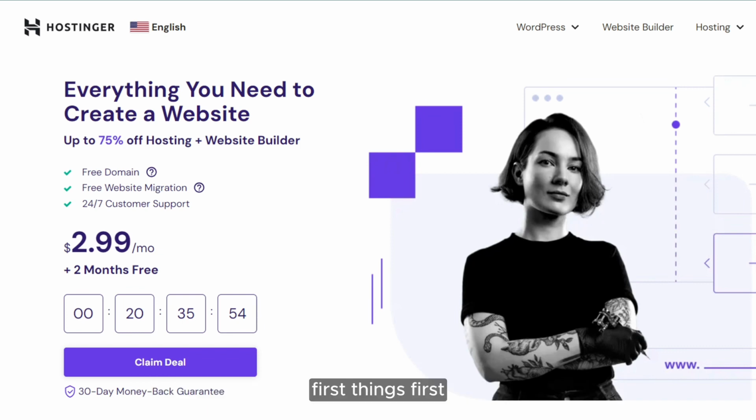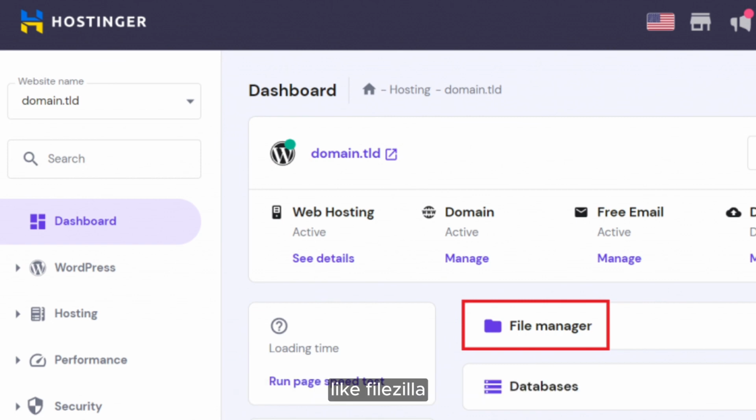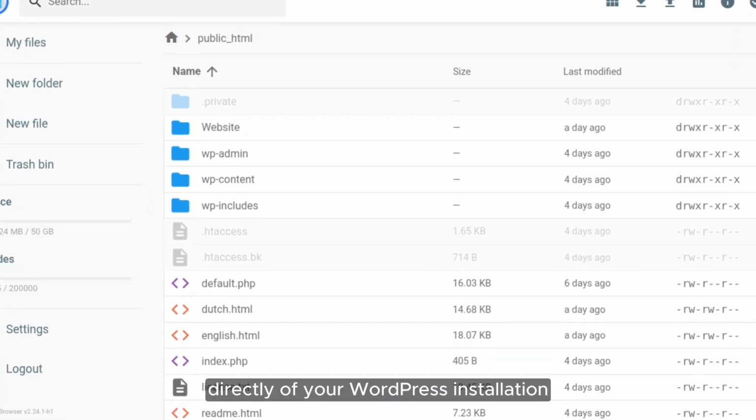First things first, you're going to want to access the WordPress files. The first step is to access your WordPress files. You can do this either through an FTP client, like FileZilla, or directly from the Hostinger dashboard. Once you're in the file manager, locate the root directory of your WordPress installation,